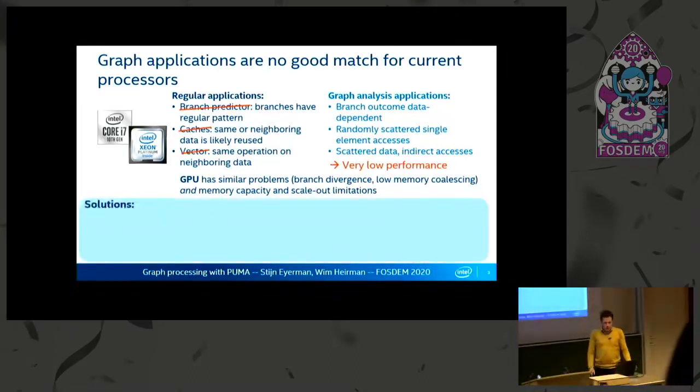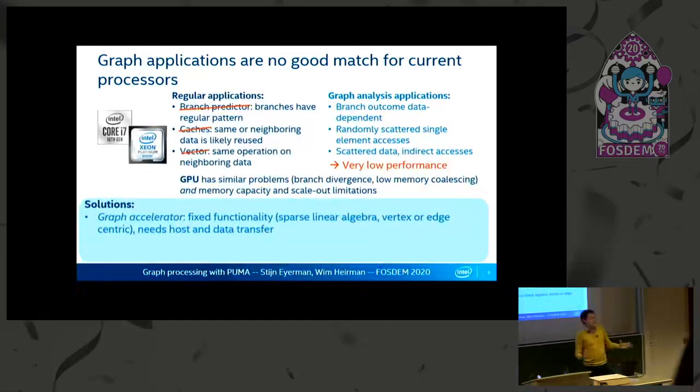So what are potential solutions? There have been proposals of graph accelerators, so specific chips made for graph applications that have some functionality, for example, that implement sparse linear algebra algorithms or vertex-centric algorithms. The problem there is that you're fixed with that functionality. So if your algorithm works best within sparse linear algebra, but your accelerator is a vertex-centric operation accelerator, then you need to transform your application. And potentially, you also need a host, a CPU that controls this accelerator, and there is the data transfer